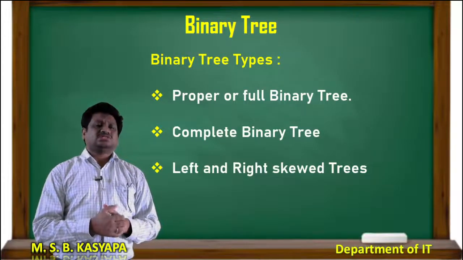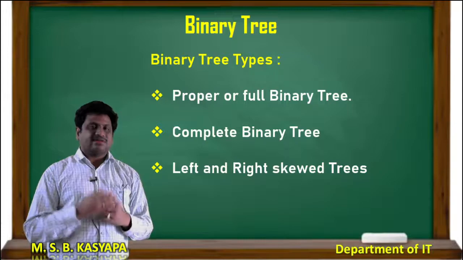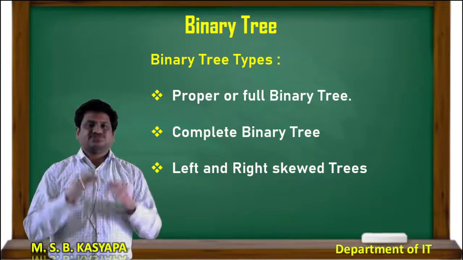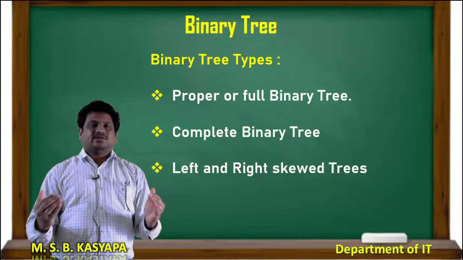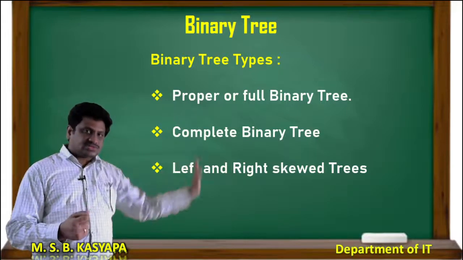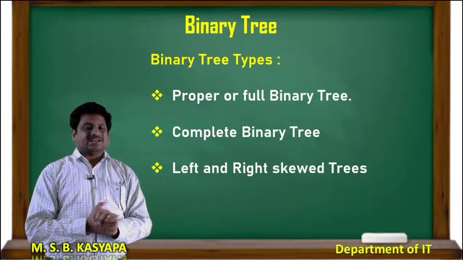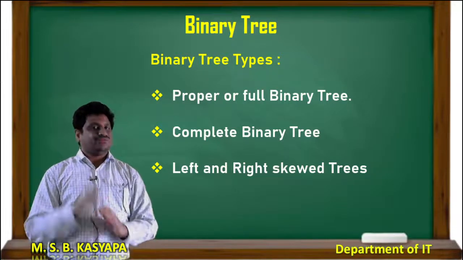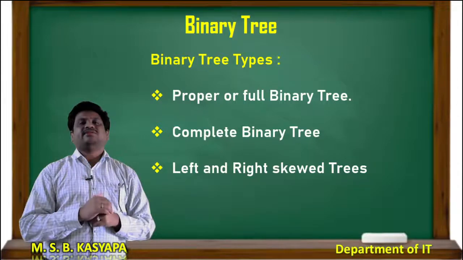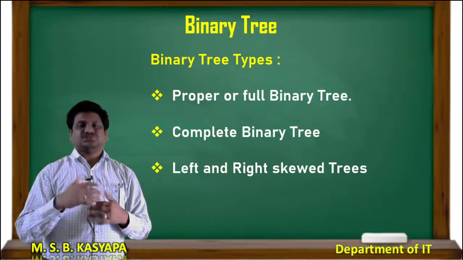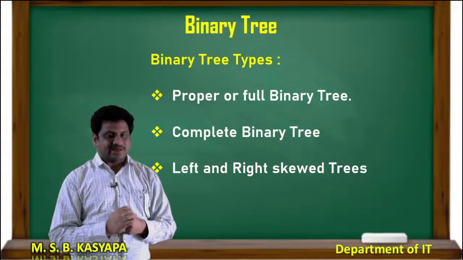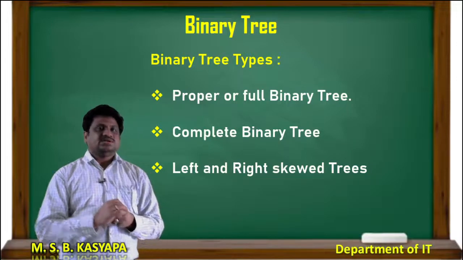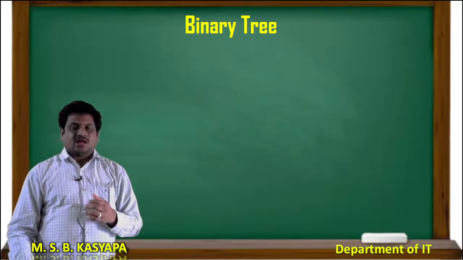Now let's go to the types of binary tree. In the binary tree also we have different types. The structure of a binary tree defines these categories. Okay, now the categories are mainly 3. The first one is the full binary tree, then the complete binary tree, and the left or right skew trees. These are also binary trees, but they differ in structure.